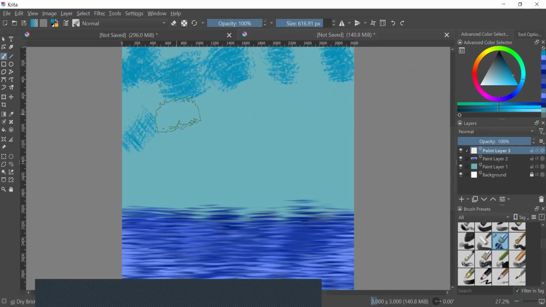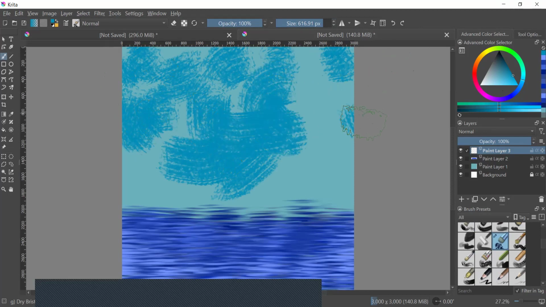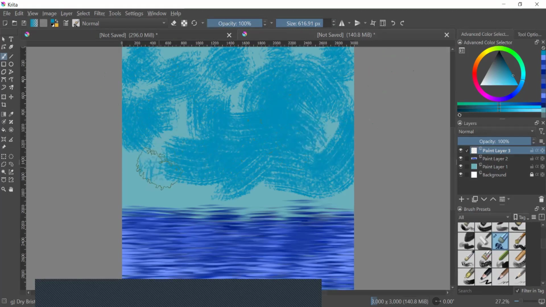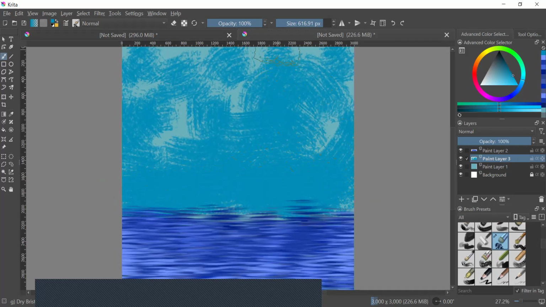And I'm going to just drag my brush around, have some ideas. This is just kind of going to be sort of a base for this. And this layer is going to go eventually behind this one so that that water is actually going to be kind of in front. All right, that's good enough for that. And then my next layer,